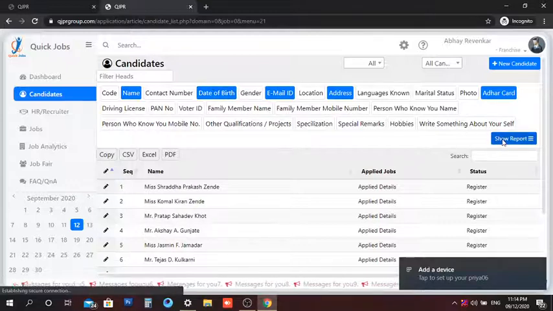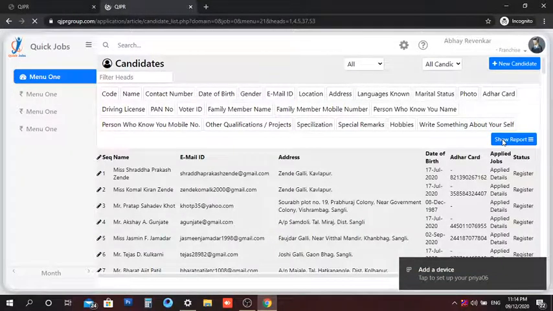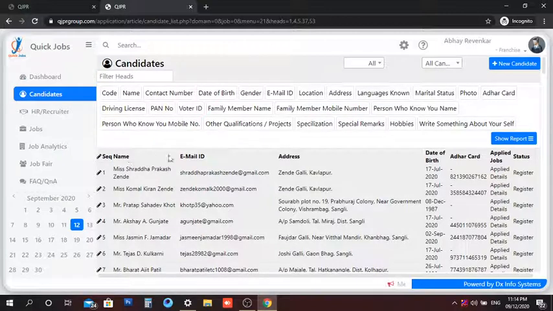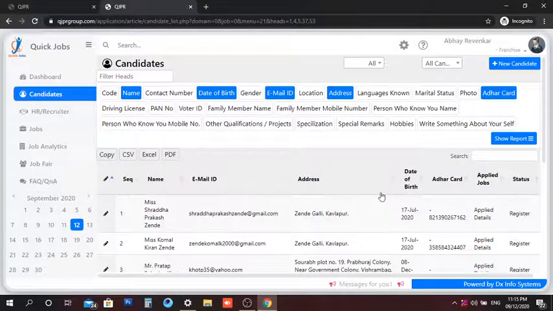So once you click on show report, only the selected menus get popped up. So here you can click on the same and make the necessary changes if required.